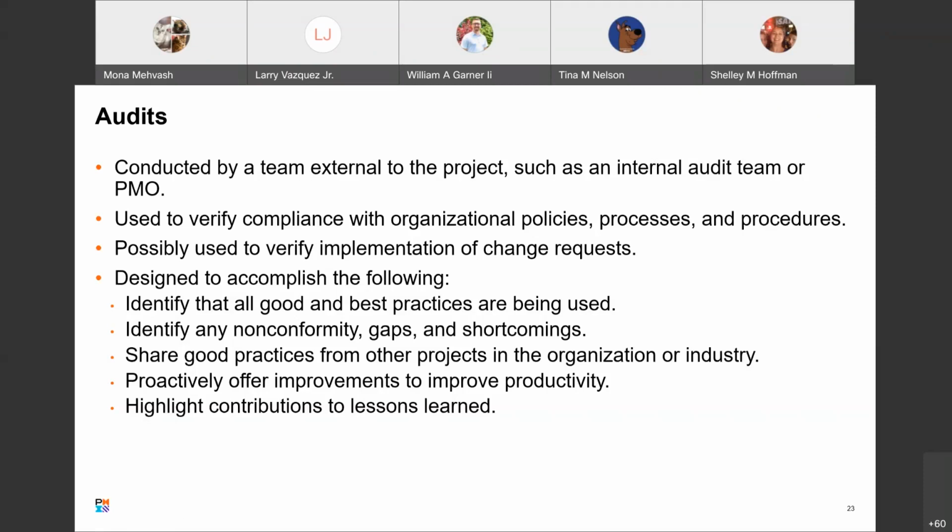Any remediations should reduce the overall cost of quality and increase customer acceptance of the project's deliverables. They may also be used to perform implementation of change requests, including updates, corrective actions, defect repairs, or preventative actions.